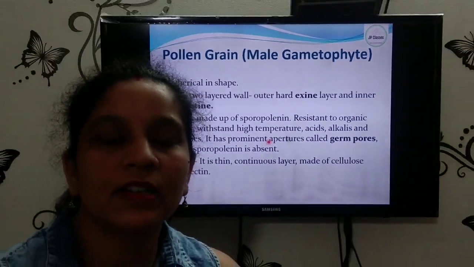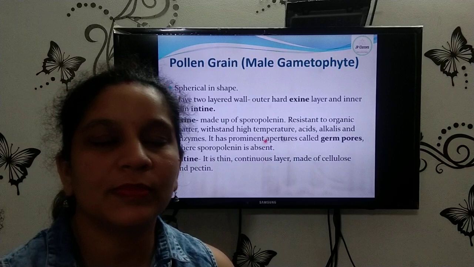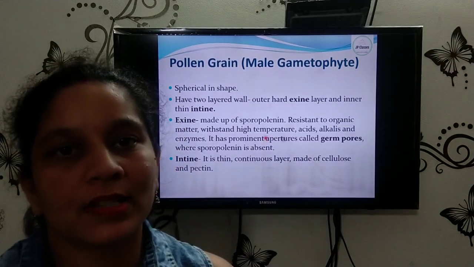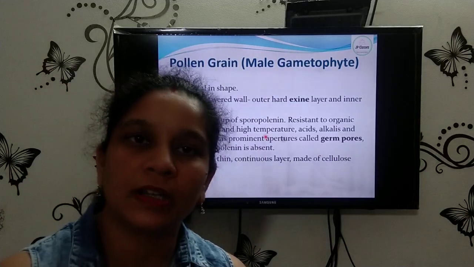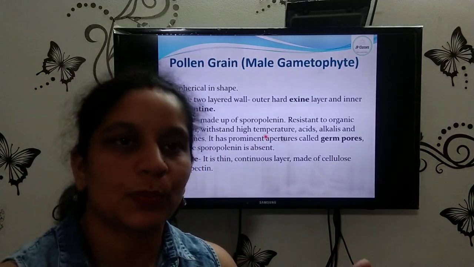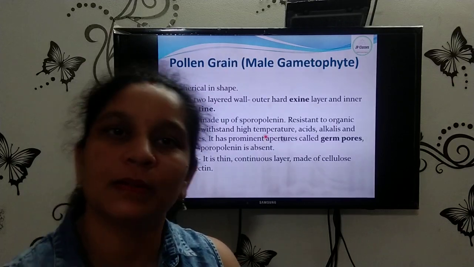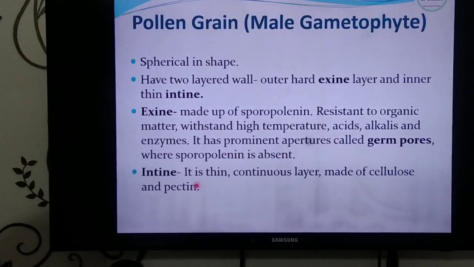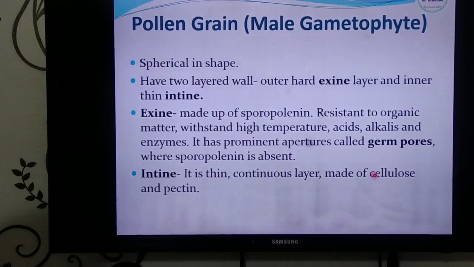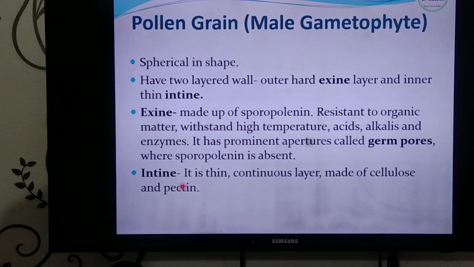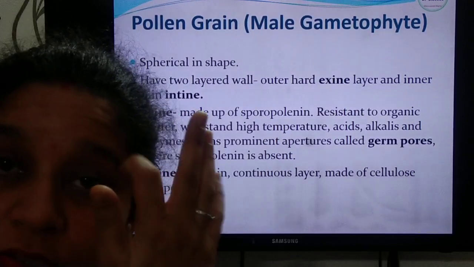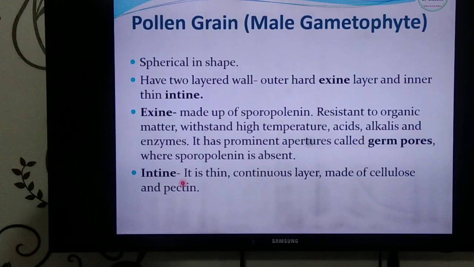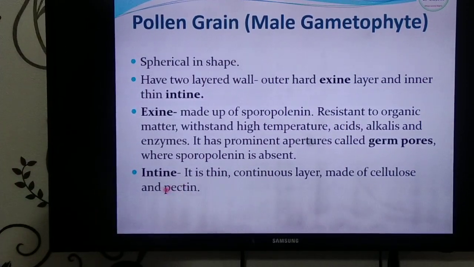Sometimes you can also define the germ pore as these are those positions within the pollen grains where the exine is absent, or you can say where the sporopollen is absent, क्योंकि आपको पता है exine sporopollen की बनी है, अगर exine नहीं है इसका मतलब sporopollen भी वहाँ पे present नहीं होगा। Now the intine, which is of thin continuous layer made up of cellulose and पेक्टिन्स। ये सारे पॉइंट्स हम ऑलरेडी डिस्कस कर चुके हैं, लेकिन डिटेल में आप लोगों को बताने के लिए मैंने यहाँ पे मेंशन किए हुए हैं। नेक्स्ट, मूविंग टू द नेक्स्ट स्लाइड।